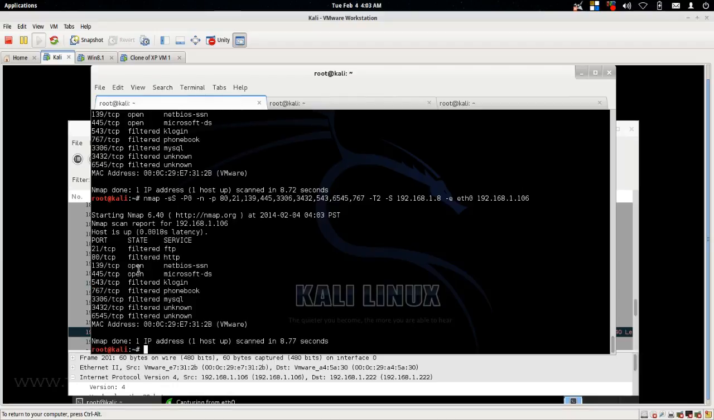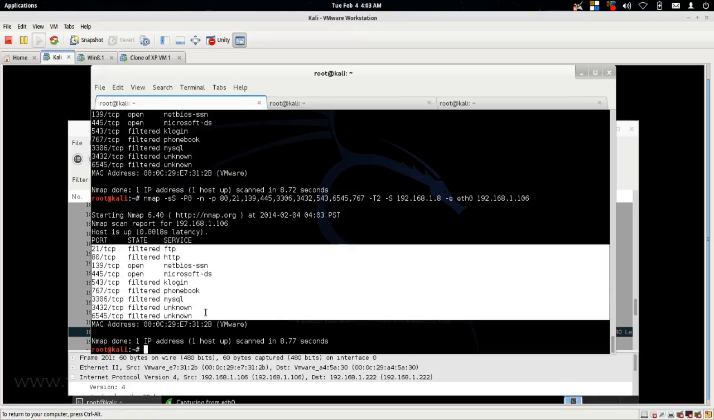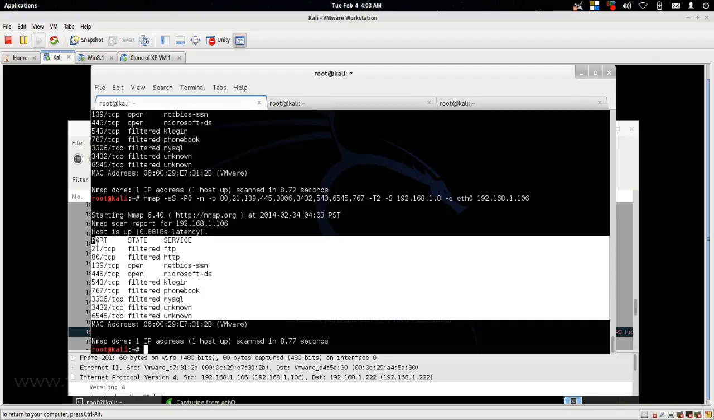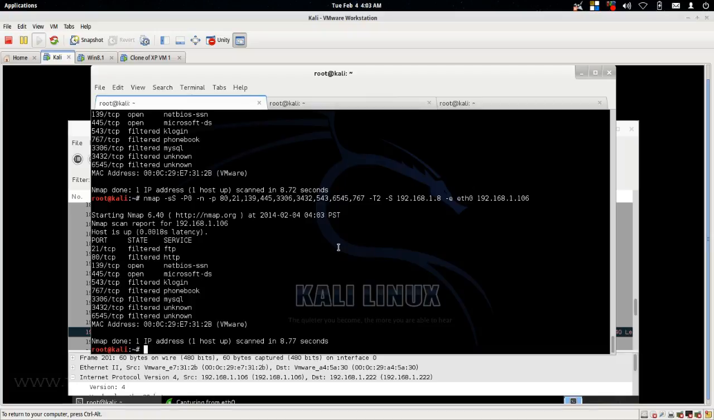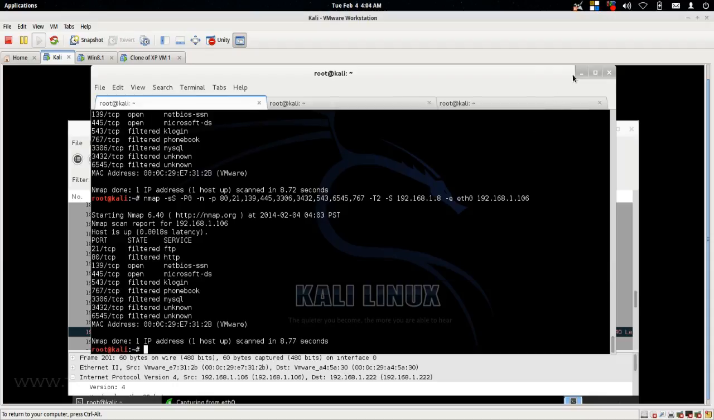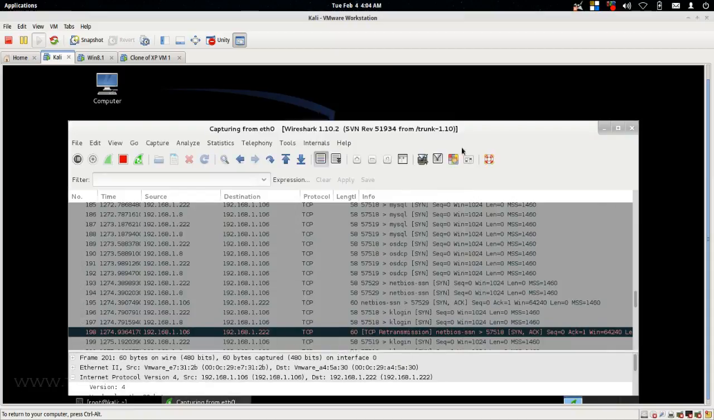We still get... How does it know? How is this getting back to me? I mean, I know how it works, but I'm trying to get you guys to think. How is this information getting back to me if I'm not really 192.168, this Windows 8 machine? If it's sending back the responses to this Windows 8 machine, how am I getting this information? How am I able to see what's open and what's filtered? So let's take a look